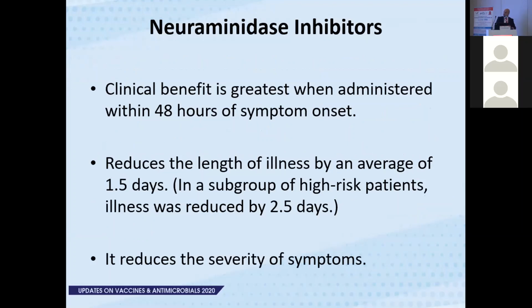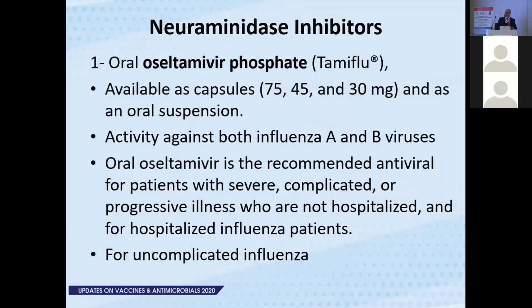The highest clinical benefit from using neuraminidase inhibitors, and in general all anti-influenza antivirals, is when you use them within the first 48 hours, as soon as possible. It was found that neuraminidase inhibitors will reduce the length of illness by an average of 1.5 days, and it will also reduce the severity of symptoms if used within a couple of days from the onset of symptoms. I will briefly talk about each